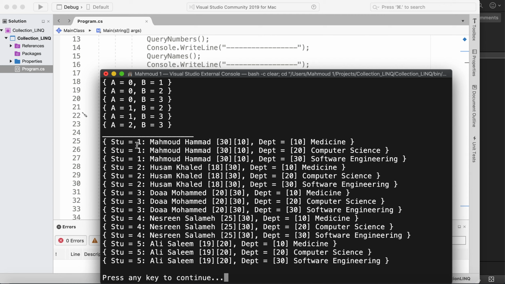So what we got is five students: student 1, student 2, student 3, student 4, and student 5, and we have 3 departments. We did a join between these two data sources without any where condition, so we did a cross product between them. We got 5 students by 3 departments, 5 times 3, we got